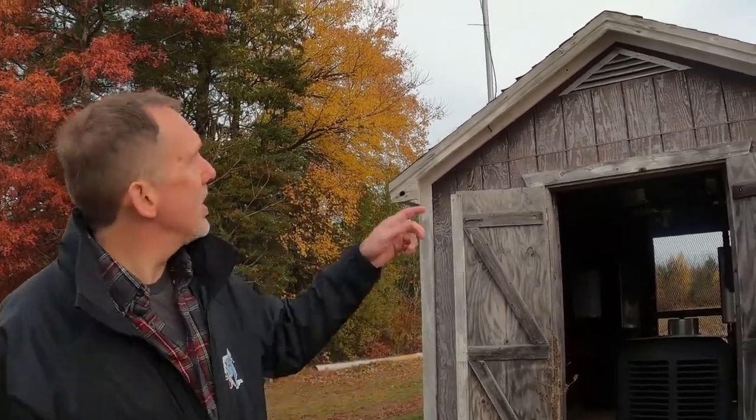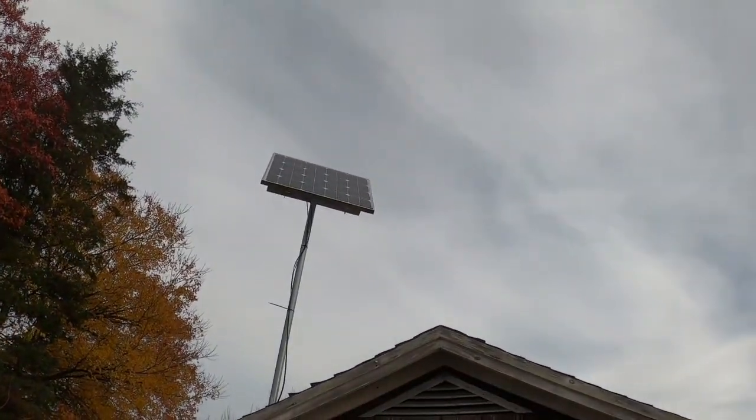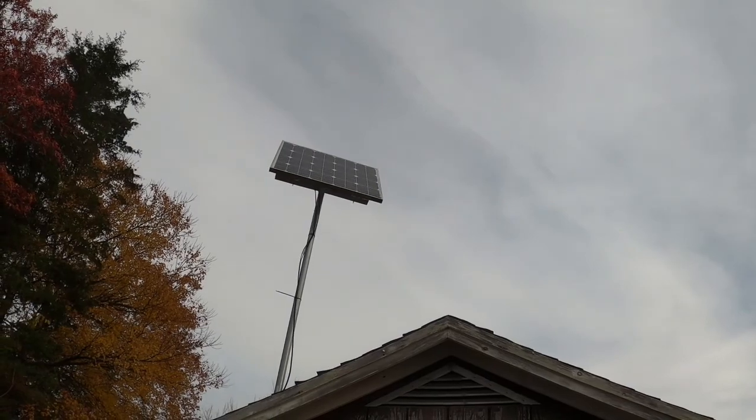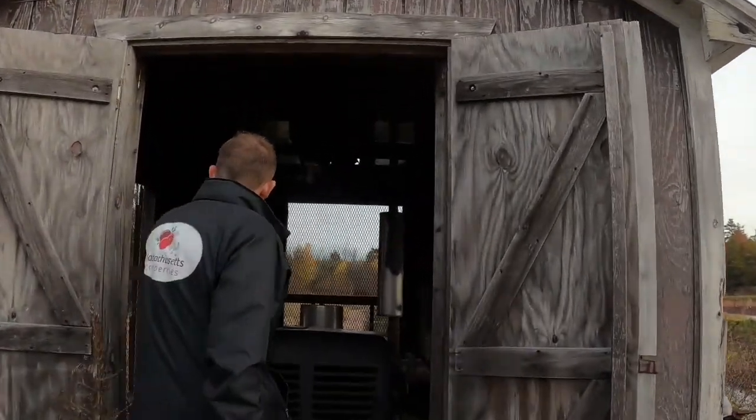Massachusetts cranberry growers are heavily invested in technology in order to help keep them as efficient as possible. One of those things is what we call auto start technology, where the pumps that provide water to the cranberry bogs are able to start automatically. And you can see in the top, this is a pump house here, and on the top is a solar panel,